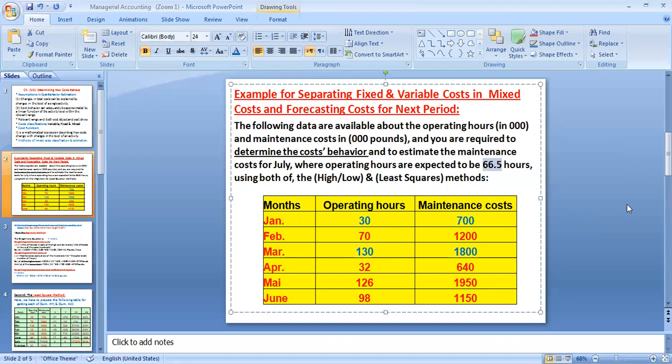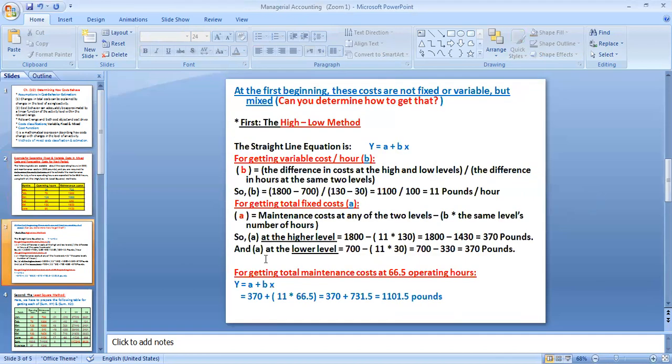So for 66.5, I will multiply it by 11 and add 370. Y equals A plus BX, A is 370 plus 11 times any number of hours between 30 and 130. So 66.5 times 11 gives 731.5, plus 370 fixed cost gives